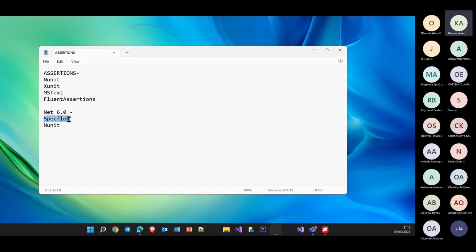If you choose the SpecFlow template, it's likely it will recommend you use Fluent Assertion, but you can import the NUnit library as well if you want Fluent Assertion. So let me put this here as our framework. On top of this, there were other things that we added, like our